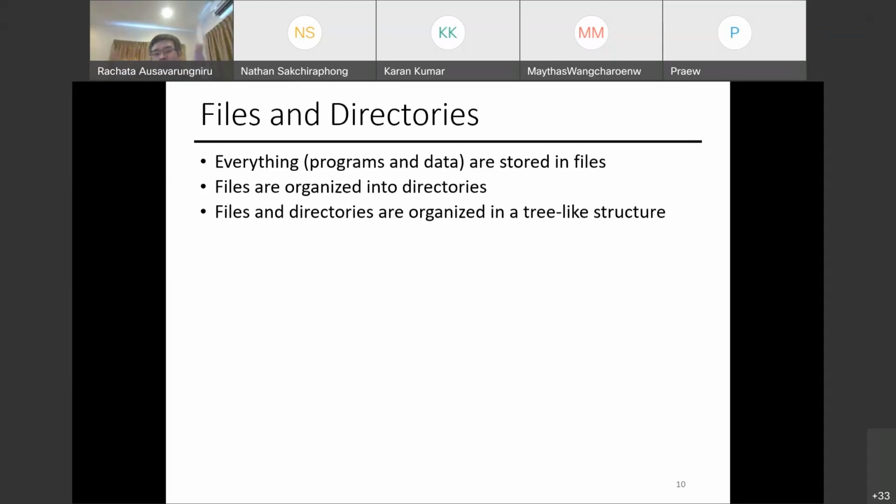So on your computer, if you have Windows, what's the root of your file structure? In Windows, there's no root directory. For those of you who use Windows, it's basically My Computer, even before you go to the C drive, where you can access every single file on your computer.